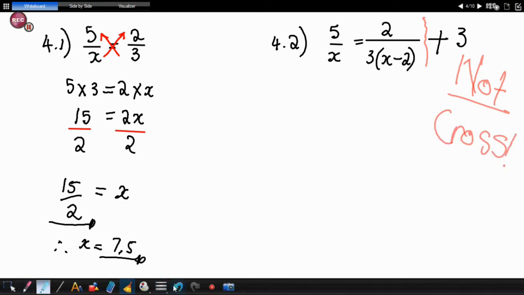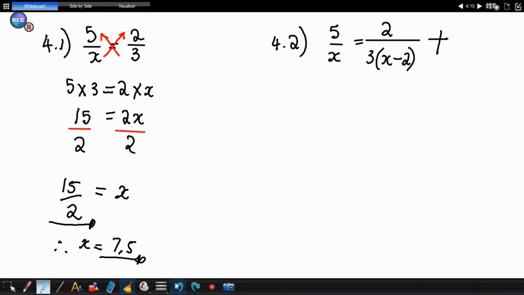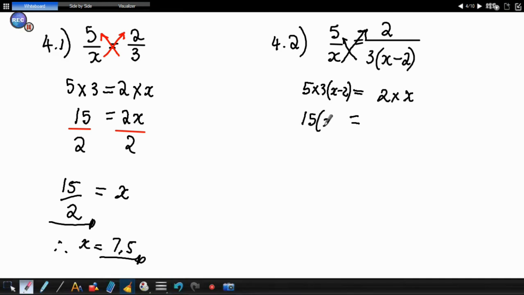Even if it was minus, okay, it will make the right-hand side have 2 terms, making it not qualify for a cross multiplication. Okay, so let's cross multiply. We'll have that and we'll have this. So equal to, we'll have 5 times that whole bracket x minus 2, and then you have 2 times x, equal to, you have 5 times 3, which will give you 15, and then x minus 2,